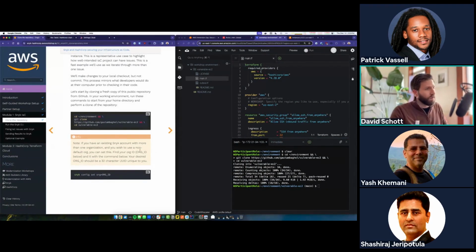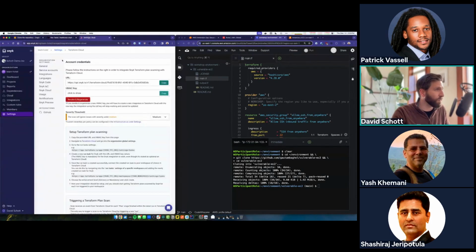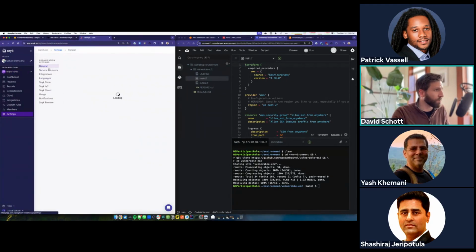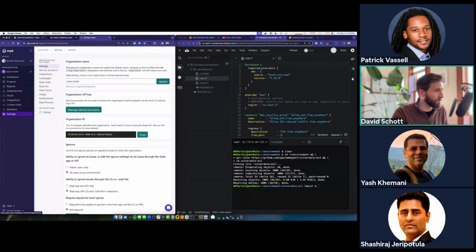And then another option here that we've written down is if you have an existing Snyk account with more than one organization, which is true in my case, but unlikely to be true in your case unless you're already a Snyk customer, and you want to use a different organization, then set your org ID. I'm going to go ahead and do that because the default organization I have in Snyk is not this one, and I would like to use this one. So I'm going to go to my organization settings here under General, top one, and right here is the organization ID.